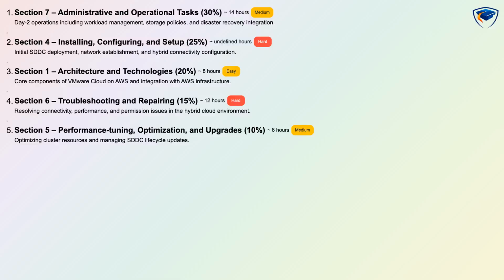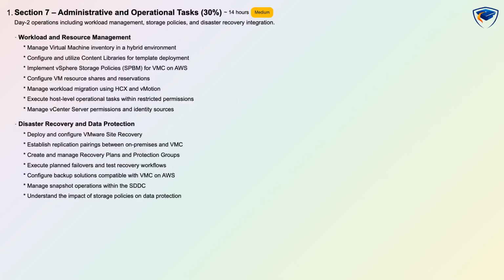each domain. Section 7, Administrative and Operational Tasks, is 30% of the exam, focused on Day 2 operations and rated medium, with an estimated 14 hours of study and conceptual plus scenario-based assessment. You will learn workload and resource management tasks such as managing virtual machine inventory in hybrid environments, using content libraries for template deployment, implementing vSphere storage policies for VMC on AWS, and configuring VM resource shares and reservations. The domain also covers workload migration using HCX and vMotion, executing host-level tasks with restricted permissions, and administering vCenter Server